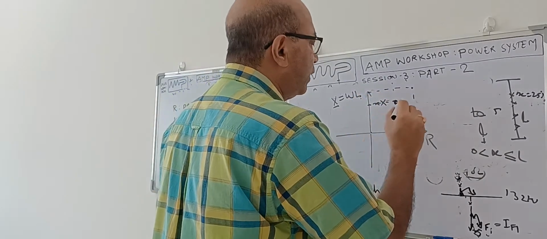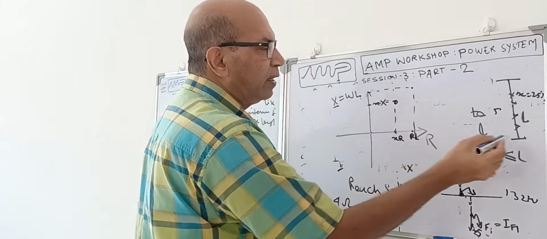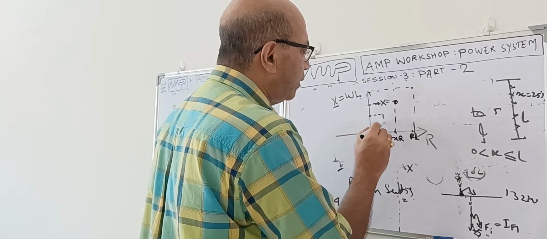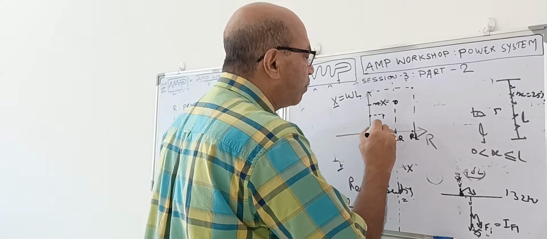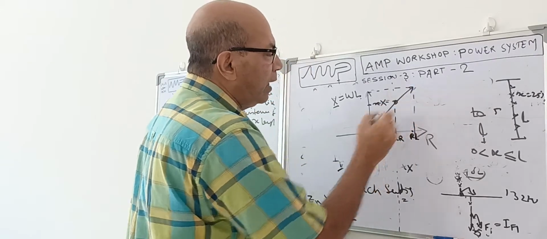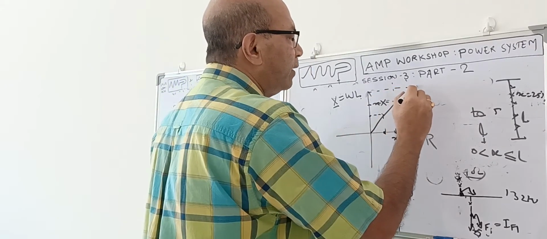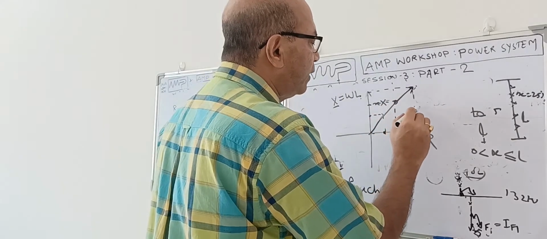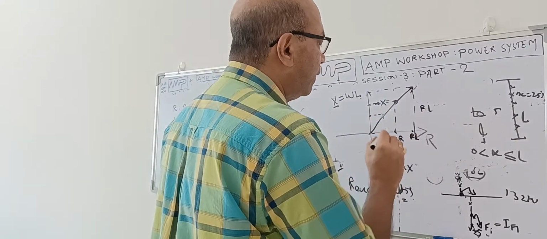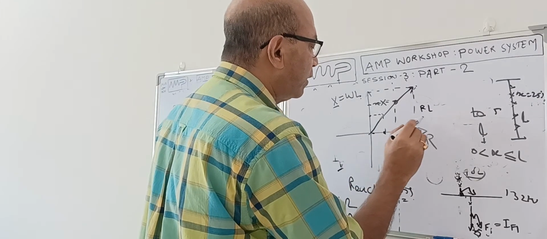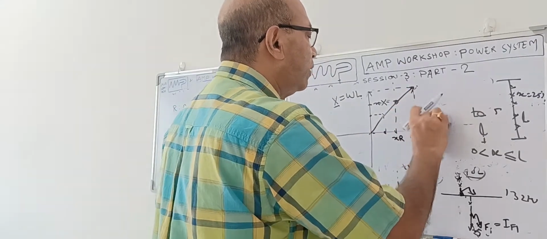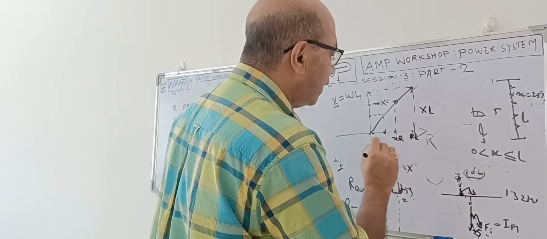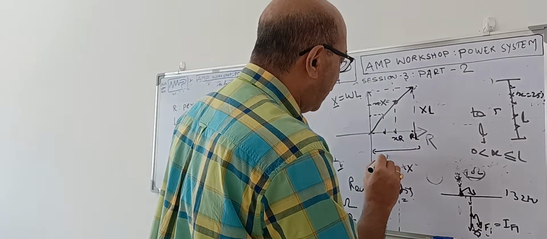Now suppose x is still smaller, then you can get another point over here, another point over here. If you connect, you draw this from the central line, this will be the length of the line, that is Z. If you see, this is the hypotenuse of a triangle. This is X into L, and this is R into L.